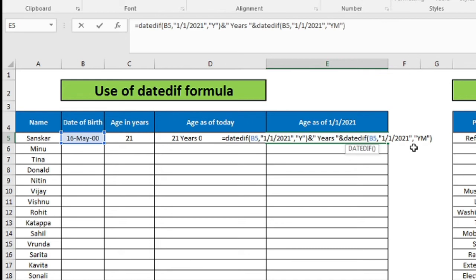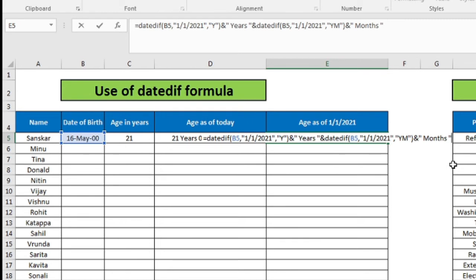So I'll complete the bracket for the second formula. This will give me number of months. After this it should be written as months, so & double inverted commas space months space double inverted commas.